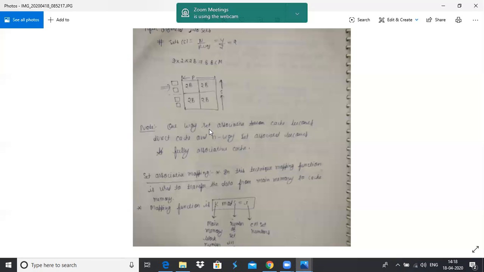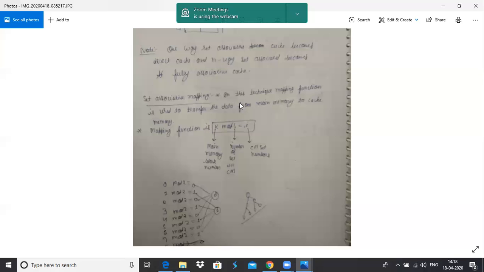Now, in set associative mapping, first you will apply a mapping function to show in which set the main memory block will be mapped, that is, to which set of the cache memory the main memory block will be mapped.